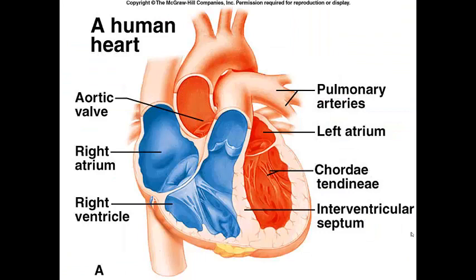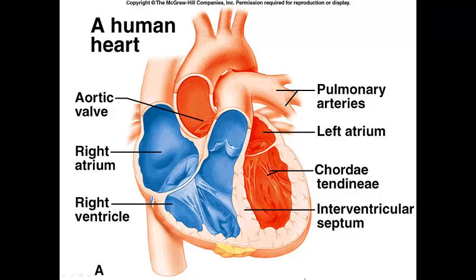So the basic structure of a human heart consists of aortic valves. You can see that here, 1, 2, 3. A right atrium, left or right ventricles. Blue indicates that this is deoxygenated blood. It's blood returning from the body. You have pulmonary arteries, which take blood to the lungs. Pulmonary refers to lungs. It's derived from Latin. The left atrium is where the blood returns from the lungs. It's red, it's oxygenated,